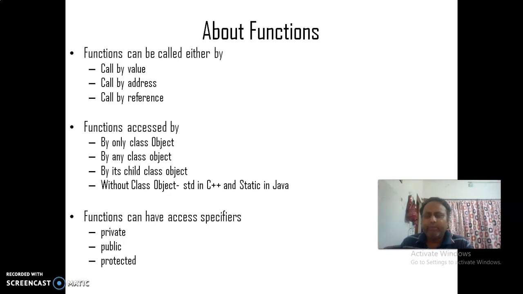Functions can be accessed by only a class object. We can make a function to be accessed by only a class object, and this is in C++.